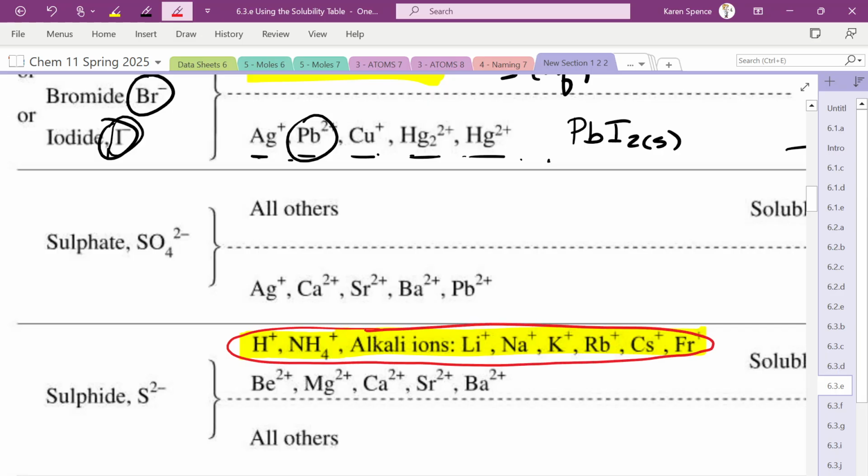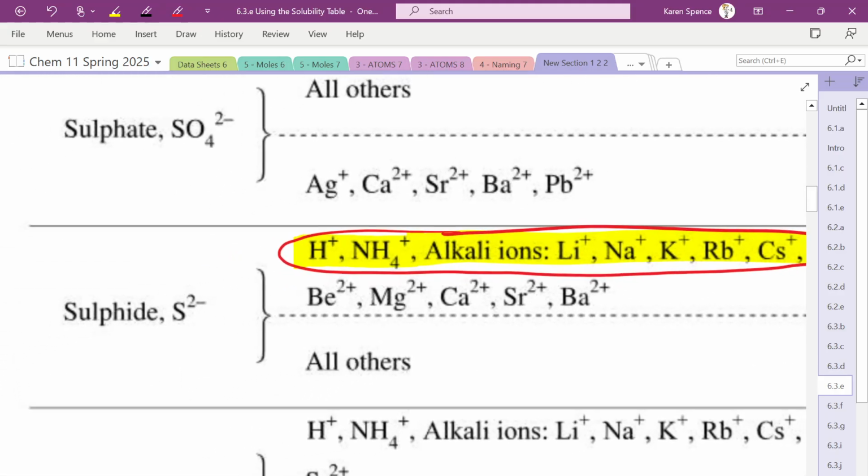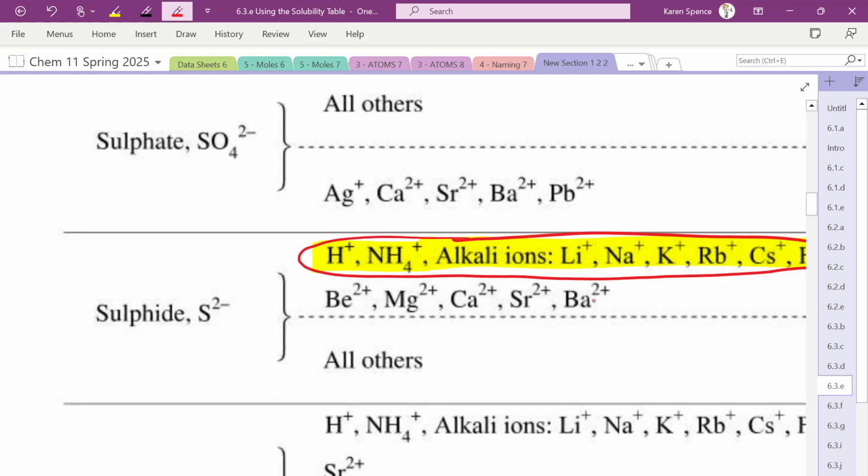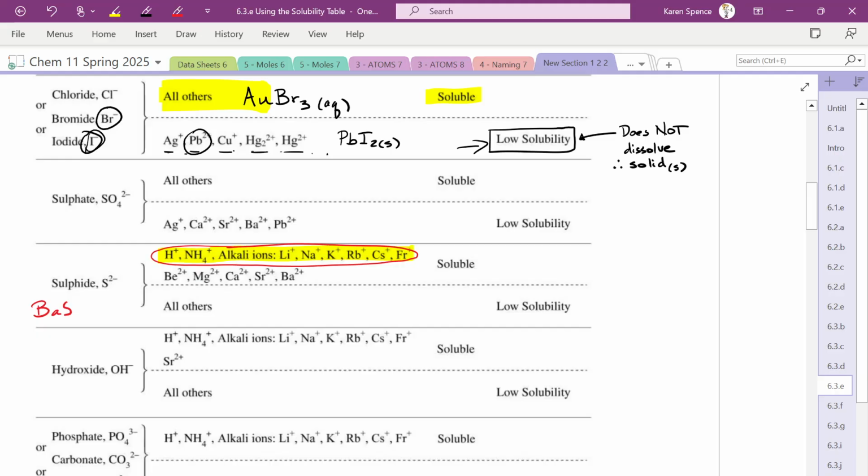because all these things are soluble with everything. The only new ones here are beryllium, magnesium, calcium, strontium, barium. Okay? So if I gave you barium sulfide, is barium sulfide aqueous or solid? If it's soluble, it's aqueous. If it's low solubility, it is a solid. So we look at sulfide and we look for barium. There's barium right there. That is soluble, so it would be